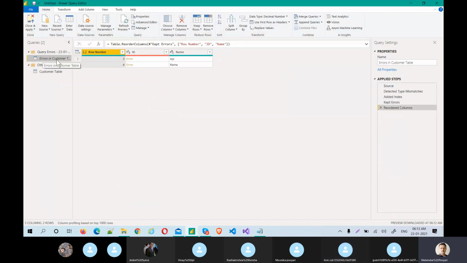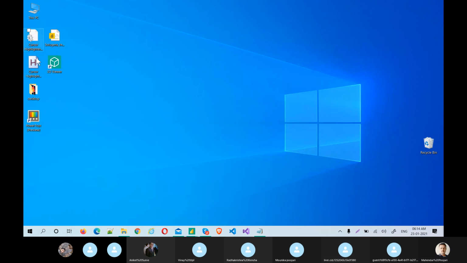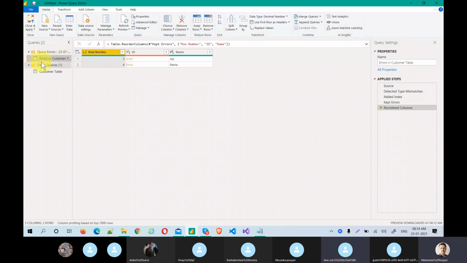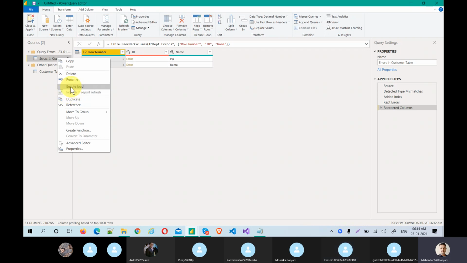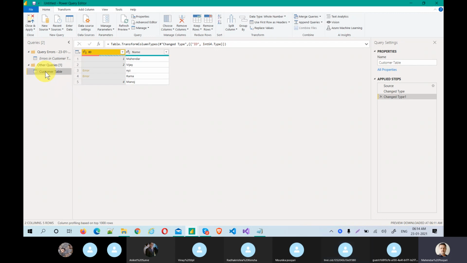If you observe closely, these are actually italic in the font. Italic means just slightly moved to the right side. If you observe this here, it is just italic mode. Okay. So what does it mean when you say italic? It is actually not loading. Enable load is not there. And if you observe here, this table, the enable load is there. So okay, anyway we will talk about this later.